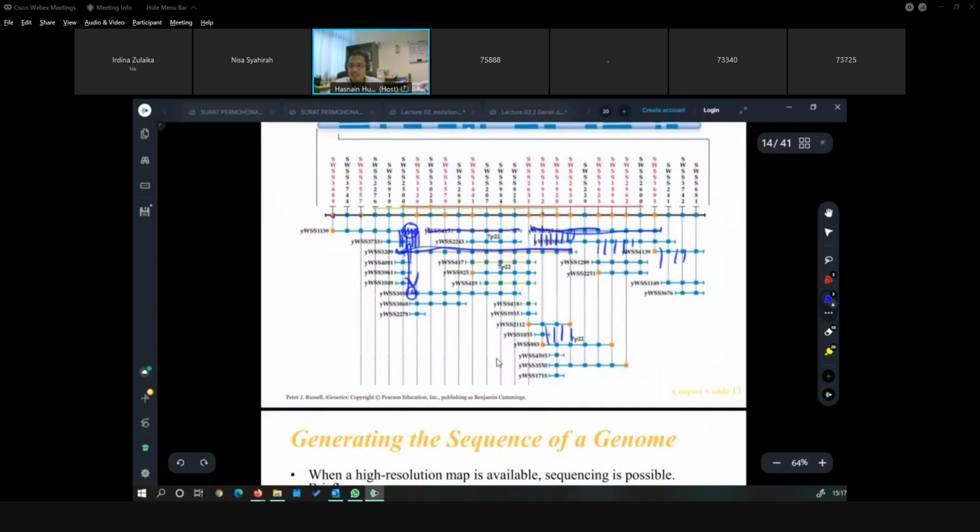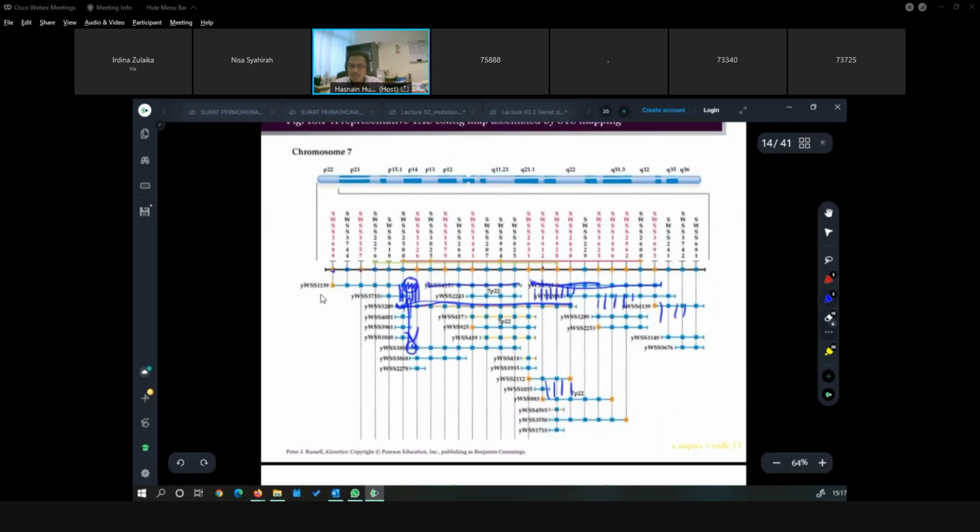So you can see over here, even when the chromosomes are cut into smaller pieces and each pieces are individually sequenced, we are able to rearrange their relative position based on the information of the marker and also the overlapping that we have. Okay, so that is how you do it.